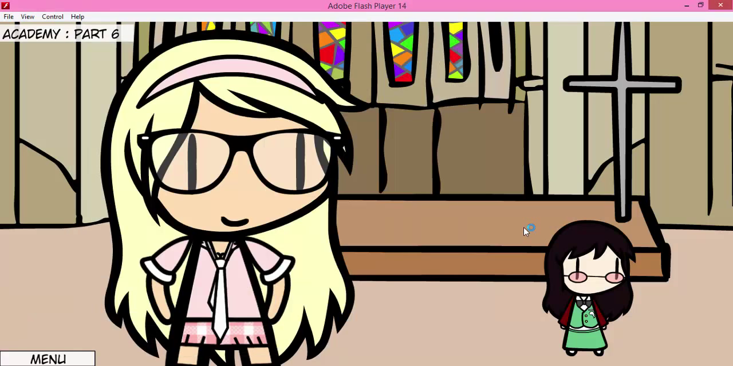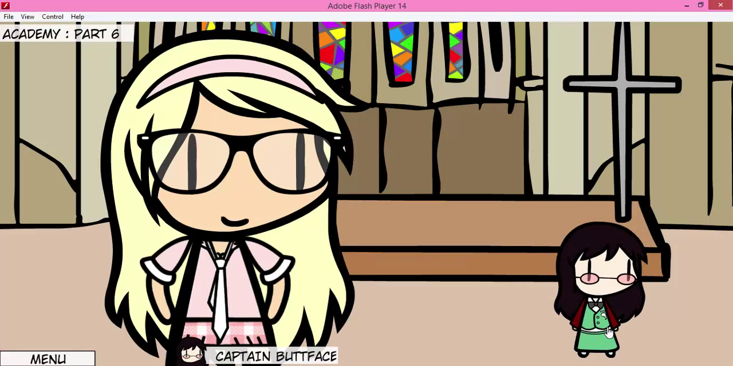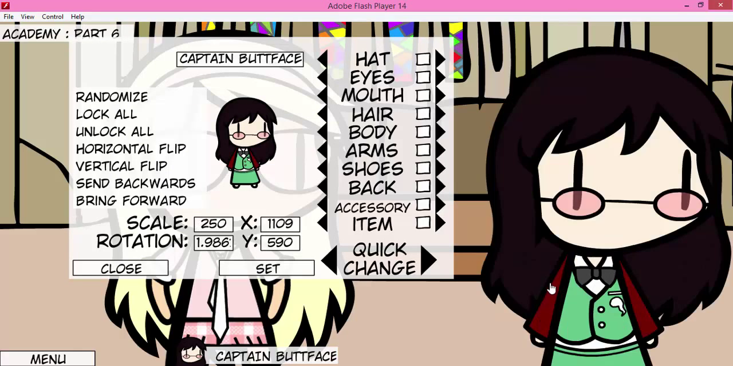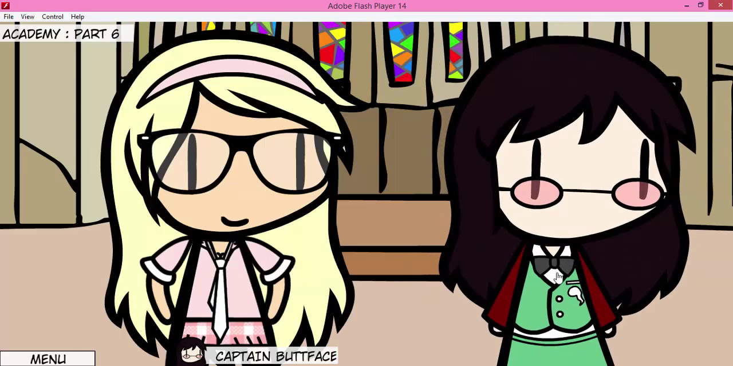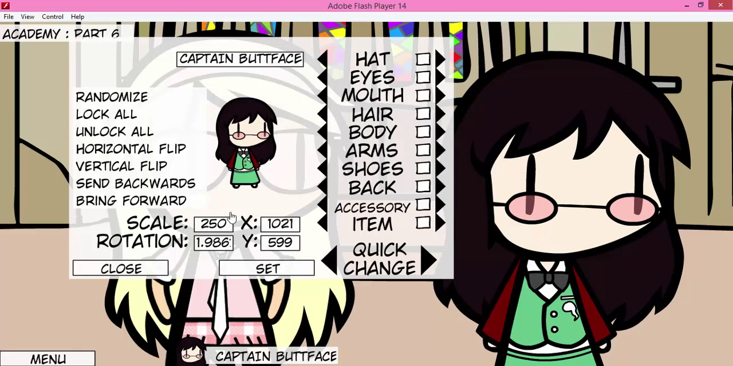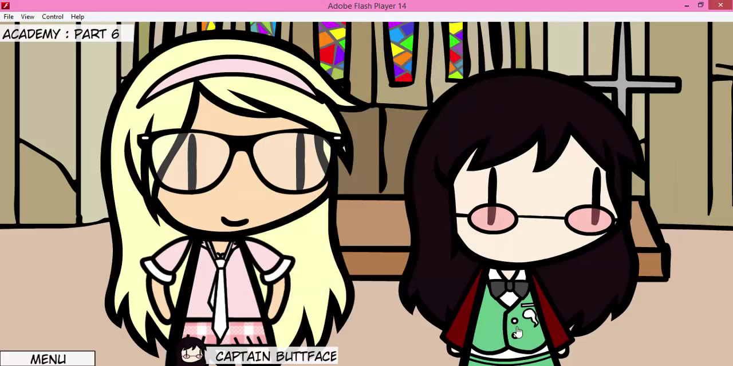So where were we? Oh yeah, Captain Buttface. Let's say we don't want Captain Buttface to be all tiny, like Shinimaru tiny, and let's make her at least 250, which is about the same size as my author avatar, which is a custom. But let's be real, she is not that tall, so let's scale her a little bit shorter to make it more